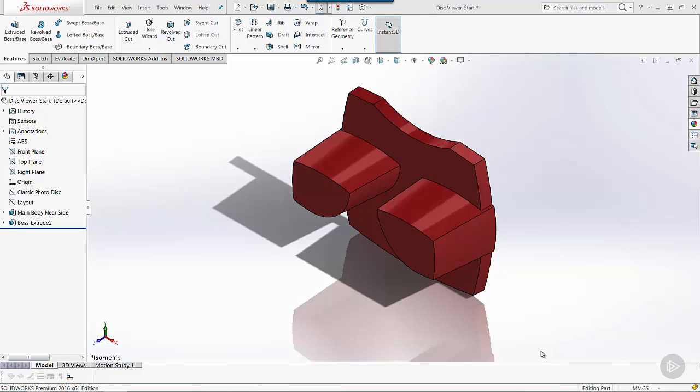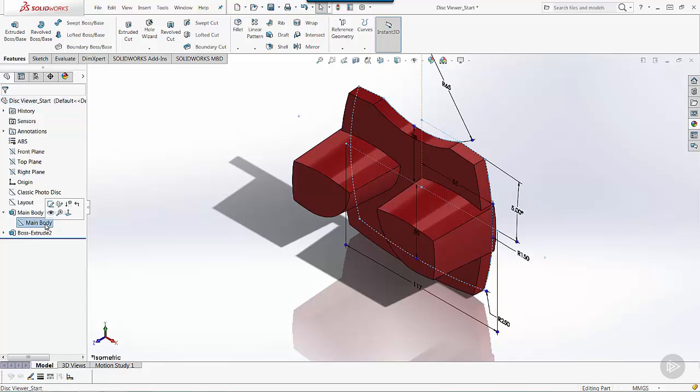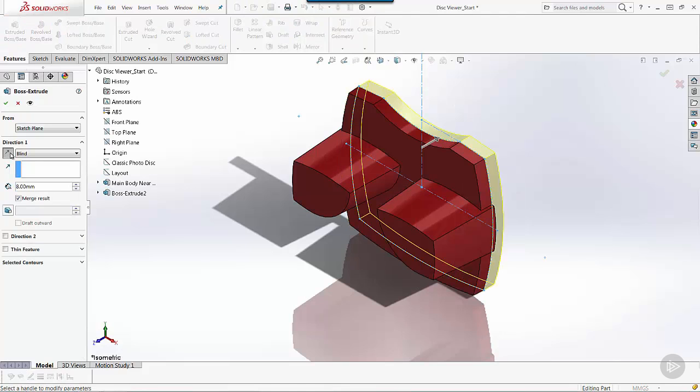Now I'm ready to build the far side. And so what I want to do is expand the main body near side, expose the main body sketch. I'll select that again and I'll use it for a second feature. So now I'm going to extrude the opposite direction, 8 millimeters, using the 3-degree draft, but I want to clear